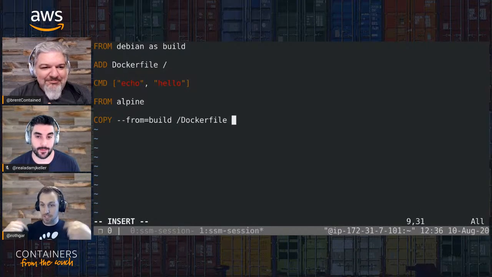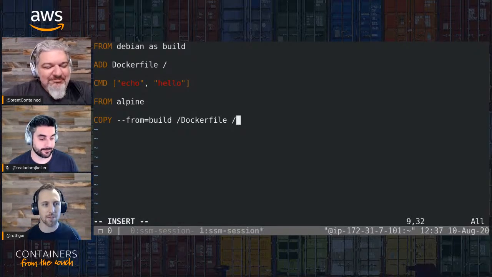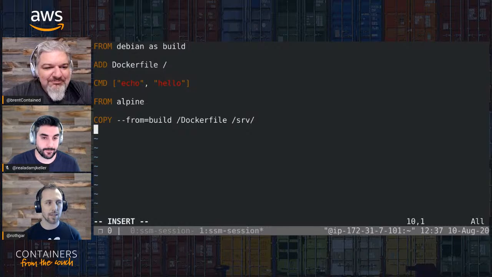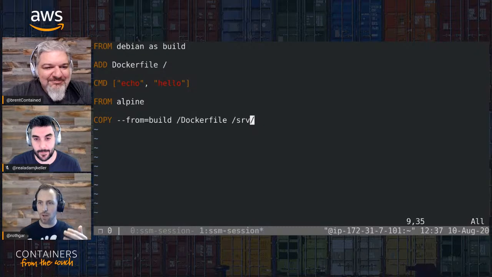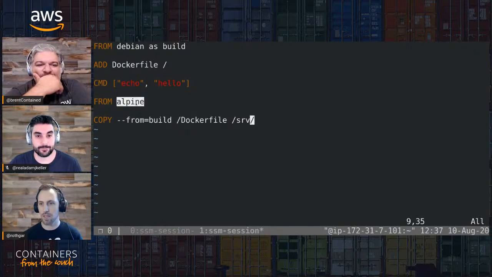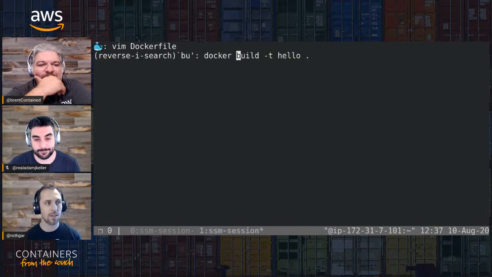Actually, instead of taking it from my source directory, I'm taking it from the container here. So I'm saying take that from the container and I'm going to shove it in serve. Let's just throw it in there. And actually, let's not write a command. So we'll just use the default one. If I don't do another command down here, this is again a new container. So I'm not going to use this command. I'm going to use the command from Alpine. By default, I'm going to inherit that one. So if I build this one,